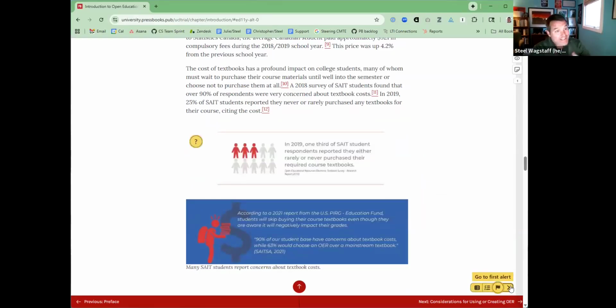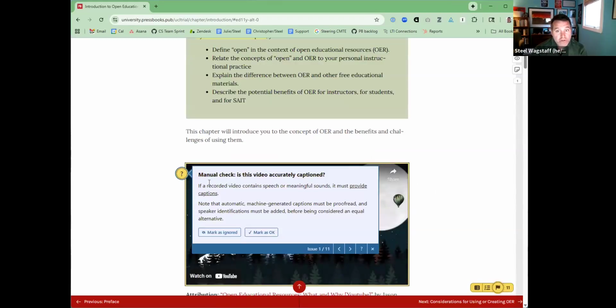But the most important thing is actually working through the alerts here. So let's go to the first alert. The first alert in this book is a manual check. It's asking me, is this video accurately captioned? What it's trying to do editorially in every case is to provide plain text descriptions in natural language that an author could understand and interpret, rather than sometimes arcane WCAG guidelines. This does in fact correspond to a WCAG guideline, but rather than presenting the language of the WCAG and the specific 2 point whatever,